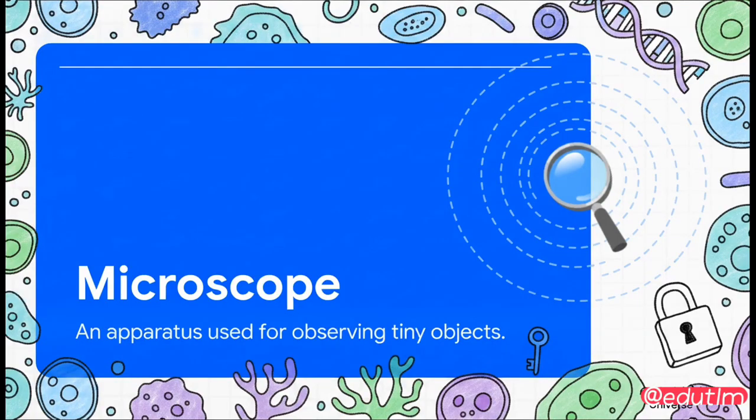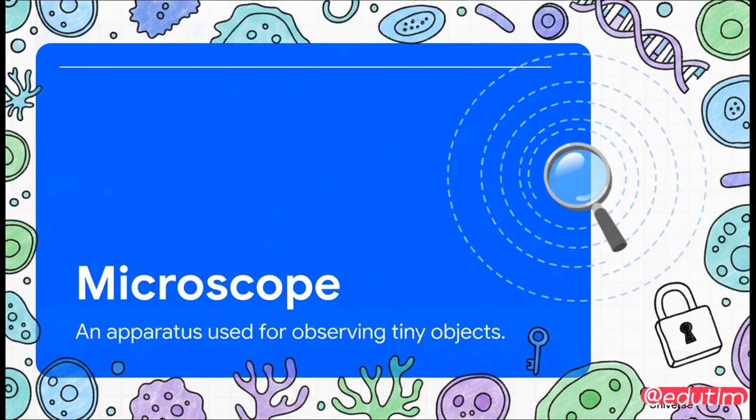But to even begin, we need a vehicle. As our source defines it, a microscope is an apparatus used for observing tiny objects. And what's really fascinating is that without this apparatus, this entire world we're about to explore literally wouldn't exist to us. It is the essential key that unlocks the door to the invisible universe, letting us actually perceive these incredibly